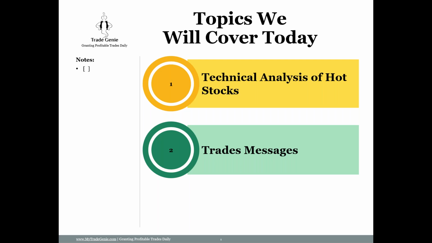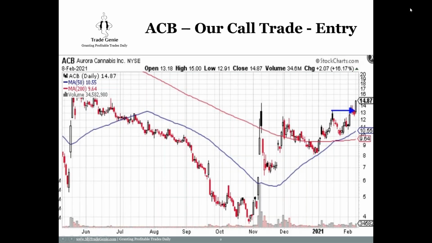So we are already behind. Let me start quickly. Okay. So here's the chart of ACB. So I'm showing you the logic. So you see, there's a certain pattern, and you will see what I'm trying to explain. There's a certain pattern which repeats itself, and I look for it, and then I take my chances. So it's like stacking your odds in your favor, and then go for it.